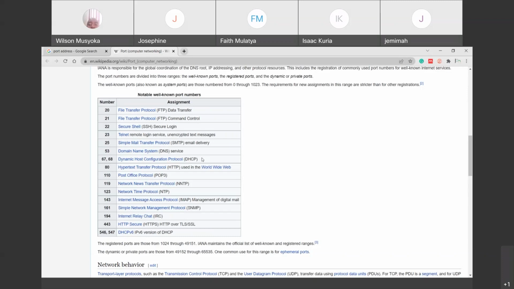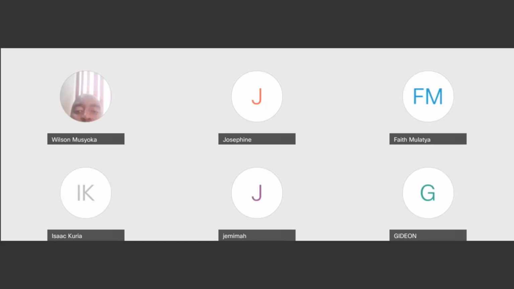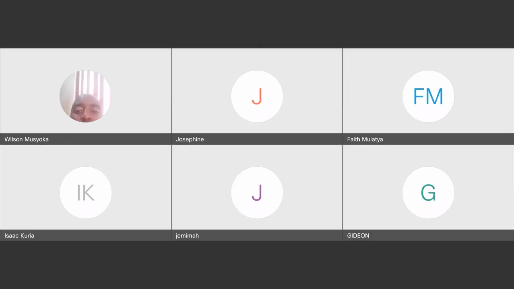Then there is the Internet Relay Chat, HTTPS, and DHCP for IP version 6. Those are different, and they keep on growing as the applications grow. As the applications which have the capability to communicate over the internet grow, the port addresses will keep on growing. So that is what we mean by different port addresses.